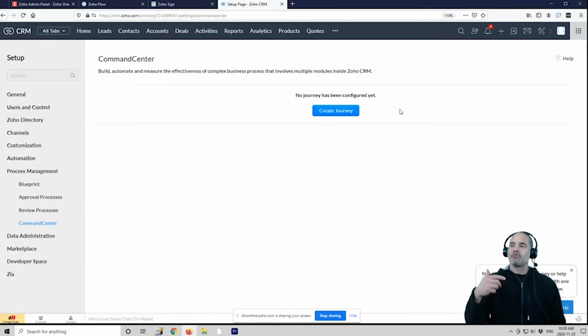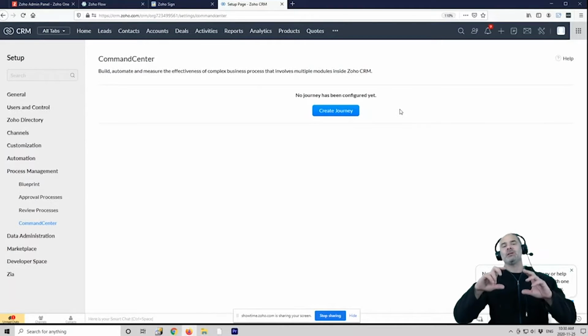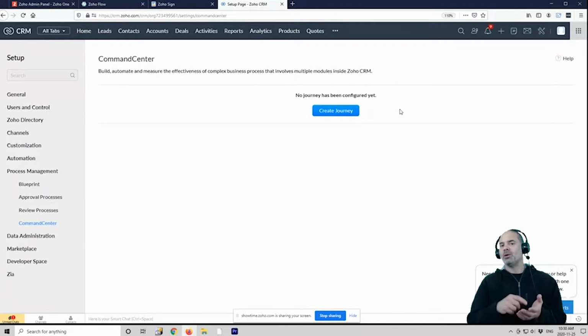Now, if you already have processes in place, you can have them in the Command Center, but without actions. For example, when a lead is being converted, this is probably what Luis did for you. When a lead is converted, it's grabbing the husband and the wife and pushing them into an account, right? Or a deal. Which becomes a trigger for the Command Center to move them to the next state. Is that the way that works?